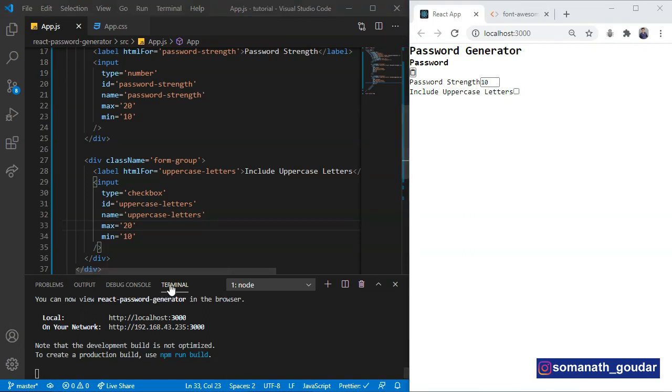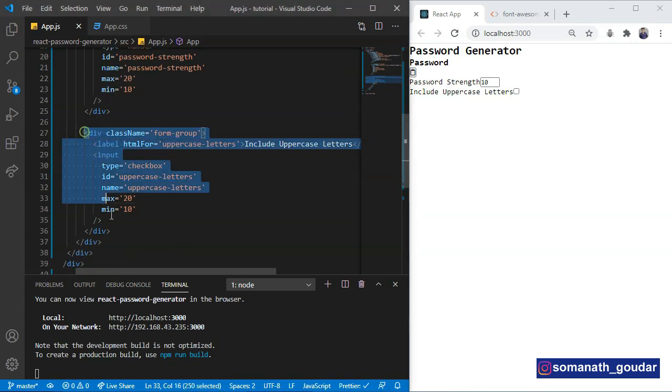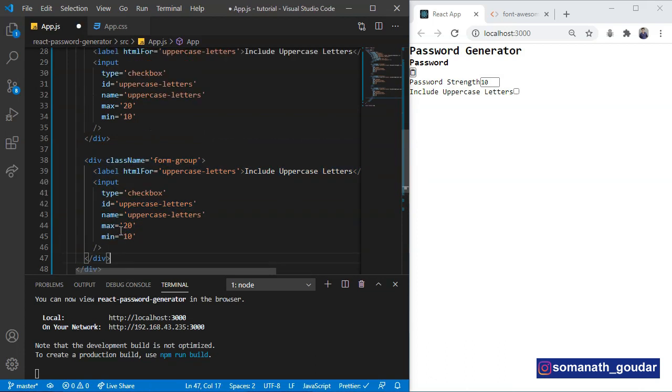Now let's create the same input fields for lowercase letters, numbers, and symbols. Let's copy this, paste it one more time. This is going to be for lowercase letters. This is going to say include lowercase letters.